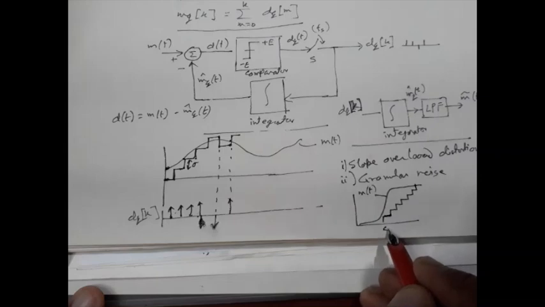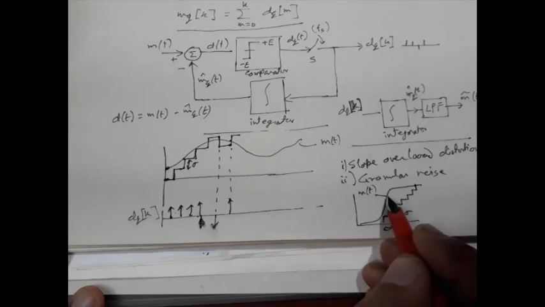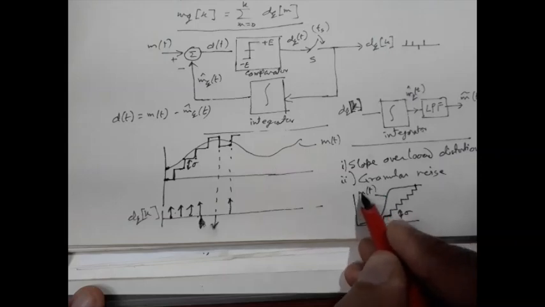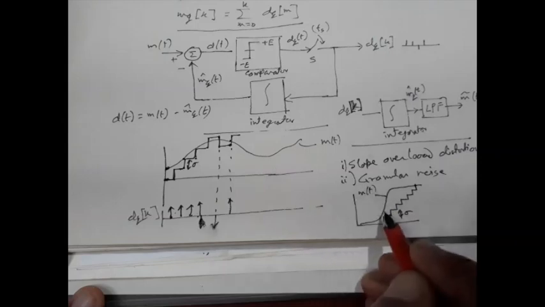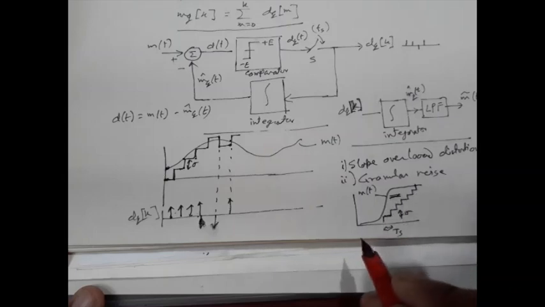This one is the sampling time, and this one is sigma. So the integrator has a maximum slope, and if that slope is different from that of M, the message signal slope, then the integrator will not be able to follow the original message signal. So here we have the error,